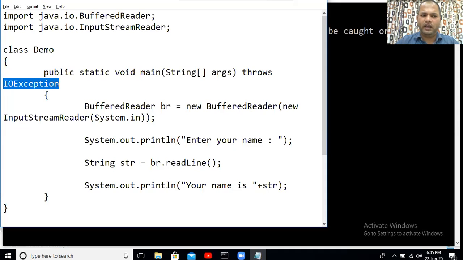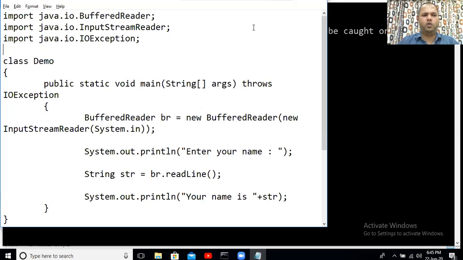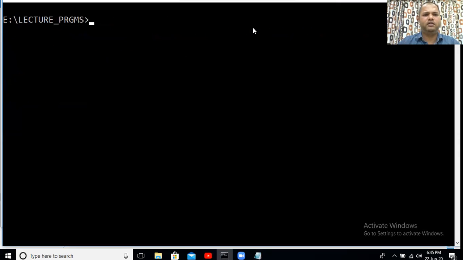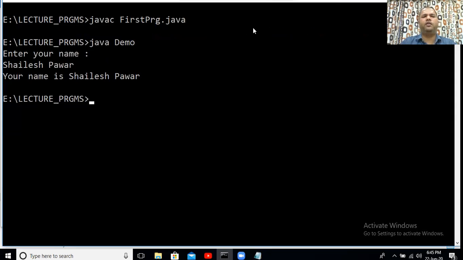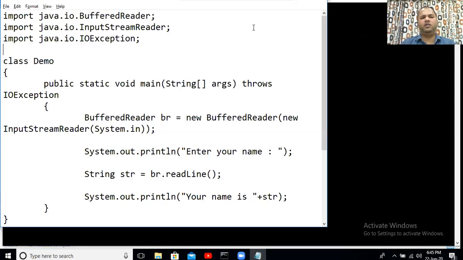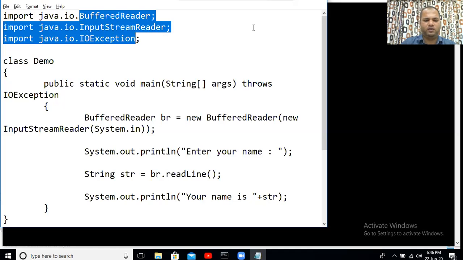But if you are going to do so, again, IOException is a predefined class, and we would have to import that class in our code. Now once we have done this, let's compile the program and you will see the program will get compiled. If you want, you can always run this, and yes, the program would definitely run. So you can do this in any way. Either you can go for throws Exception, or you can simply write throws IOException here.